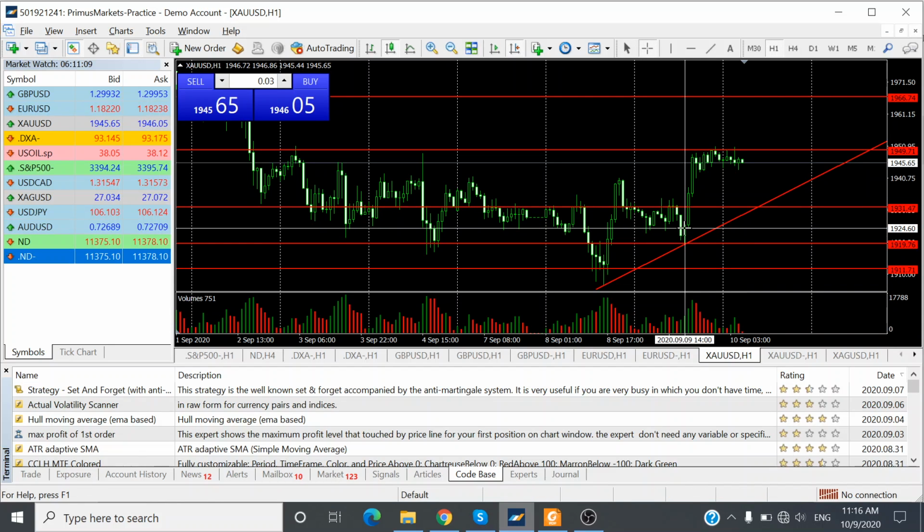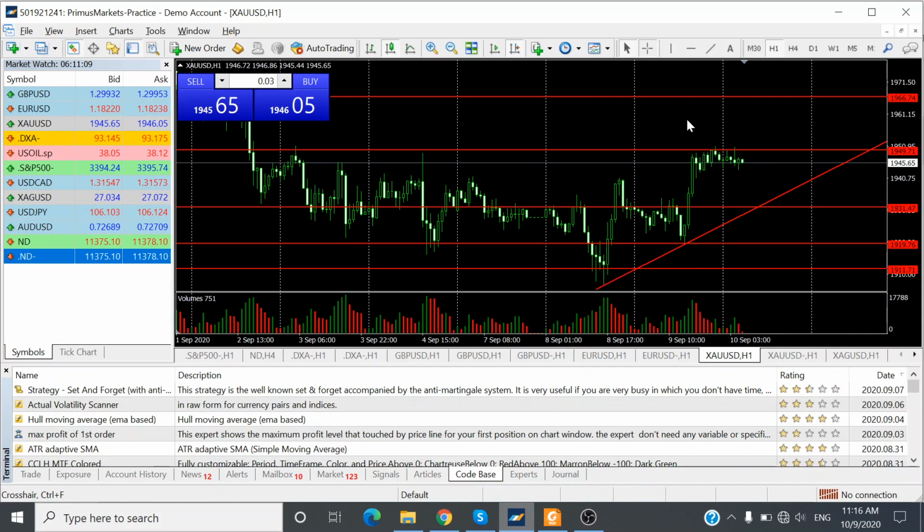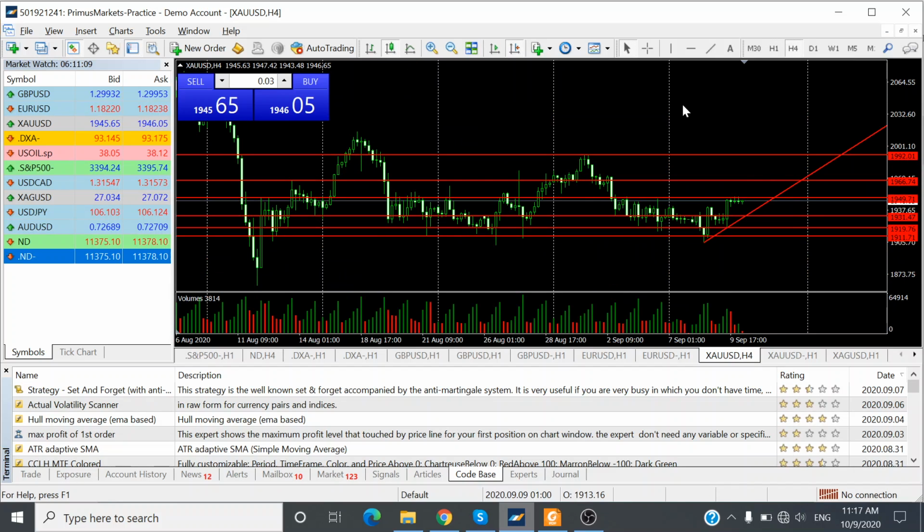And then at 7 p.m. it touched a low of 1920 US dollars, and straight away for the next 3 hours went up to a high of about 1948. Okay, so it went up about 29 US dollars during the US trading session yesterday, and currently it is still quiet. The trading range for gold, on the upside, we are looking at about 1969